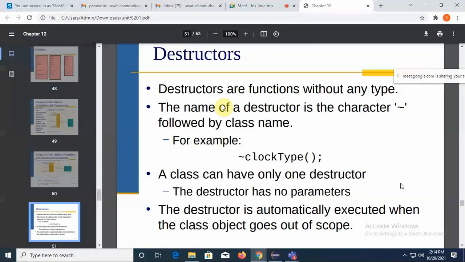Now, once the memory is allocated to the object, somewhere in the memory it is allocated. What about after the code is executed and we are coming out of that code? The memory is still there. The object is still having that memory. And when I create a new object, that memory is not released. That memory cannot be used by another object.